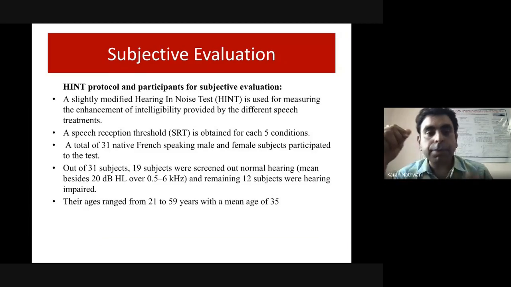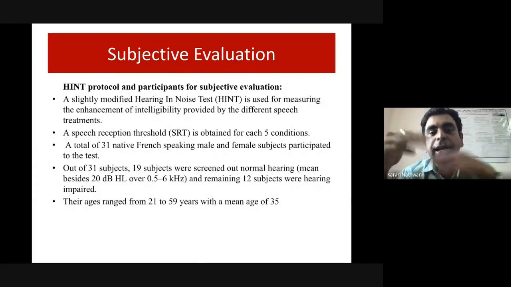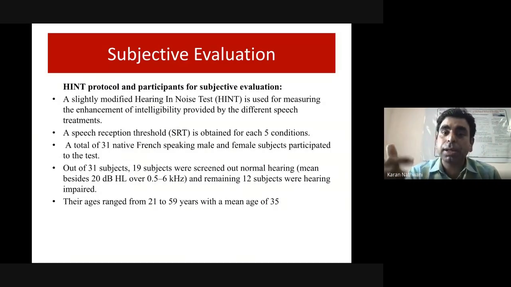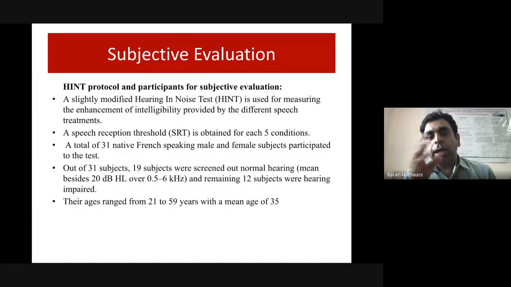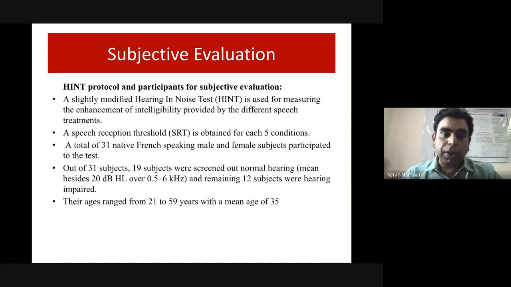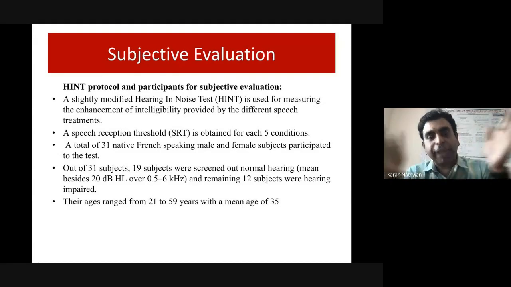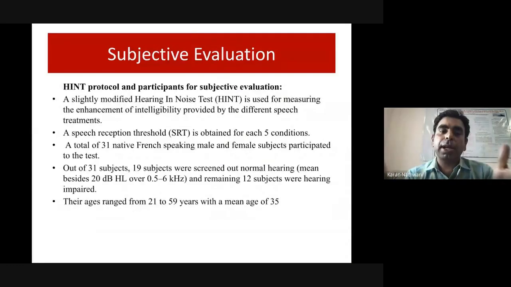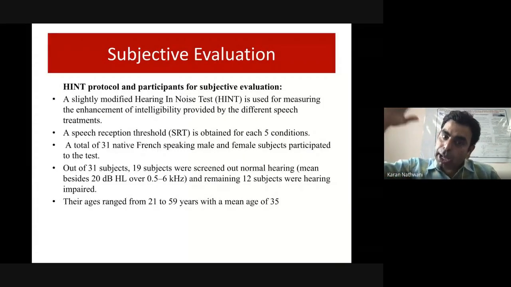Okay. Then it is minus 26. Then it is minus 24. Then like this, until they are able to understand the sound, and they have to repeat loudly what they heard. So once this is done, then we will change the sentences also, because I do not want to have a training effect. Because if you are able to hear something again and again, you have a learning effect. So I change the sentences, and then I compute the new sentences and play them again at the moment where they stopped. Now after that again, if they are able to hear, I will reduce the SNR.